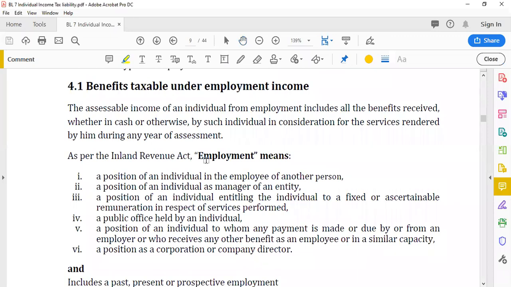The assessable income of an individual from employment includes all benefits received, whether cash or otherwise. It can be in terms of cash or non-cash, in any other way, in consideration for services rendered by him. So employment means that a person provides services during any year of assessment. As per the Inland Revenue Act, employment income means